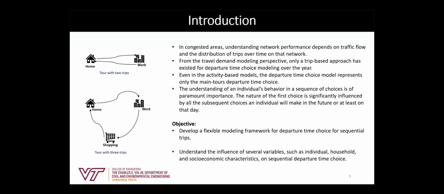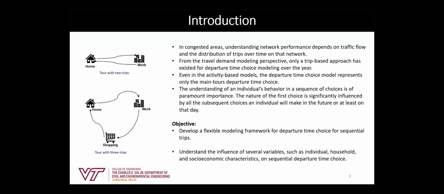For example, if I make two trips on a particular day, if I go from home to work and then return home, let's say for the first trip my departure time choice is AM or morning peak period, and for the return trip my departure time choice is afternoon peak period or PM. Now, the tour should ideally represent the sequential departure time choices such as AM and PM. However, in the current activity-based literature, we only model the departure time choice of the main tour, which is AM. As a result, the tour departure time choice simplifies to a trip departure time choice,